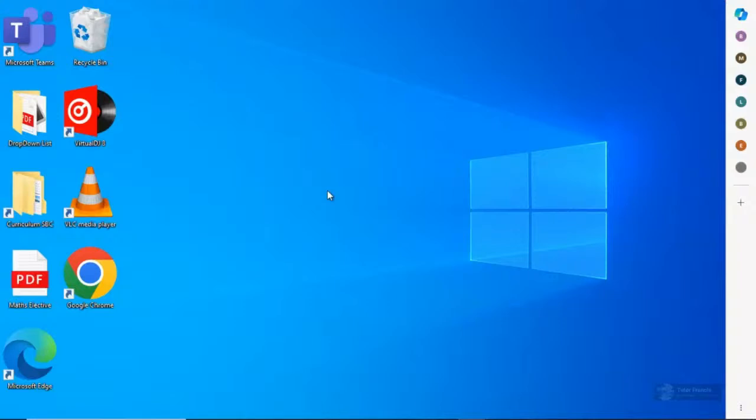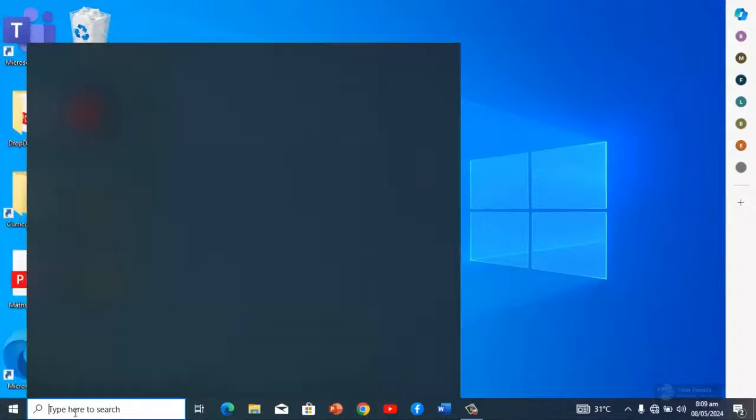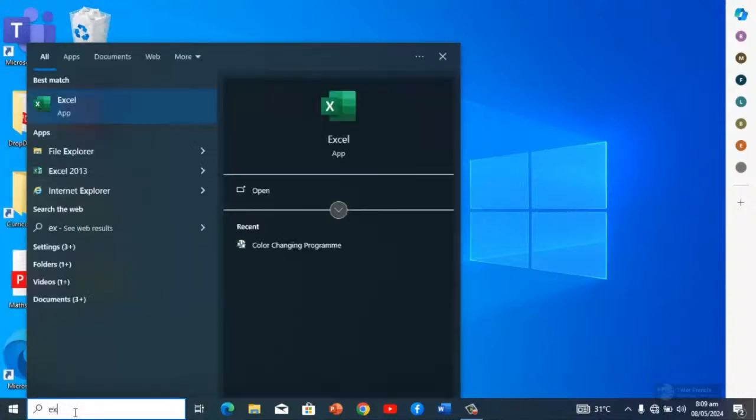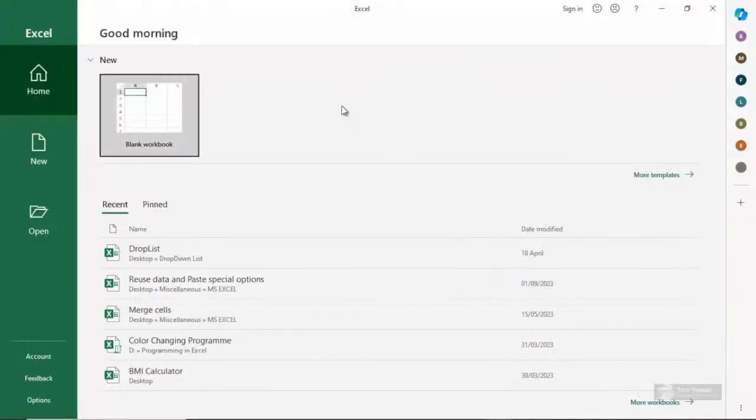So you can go to the startup where the apps can be found. Then you may probably see Microsoft Excel here, or you can see it in the list of applications. If still you can't find it, just type or search for Excel. Then it will show up in the search result. Select it. So this is Microsoft Excel